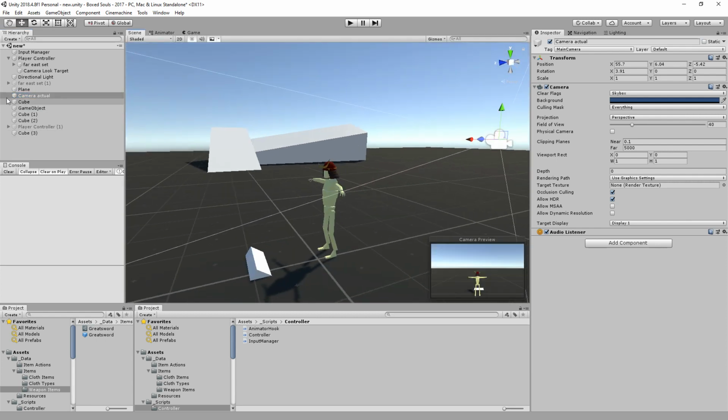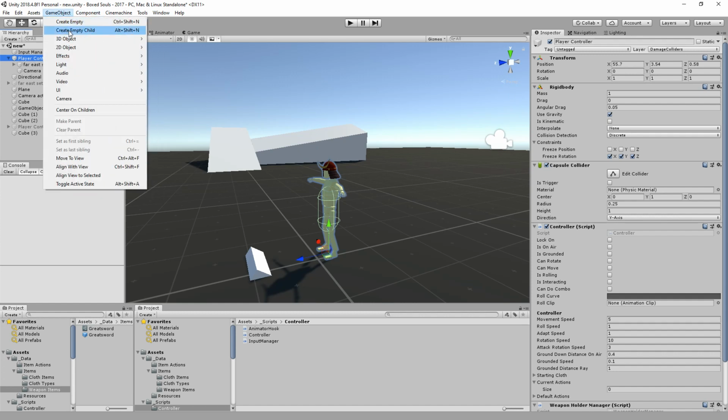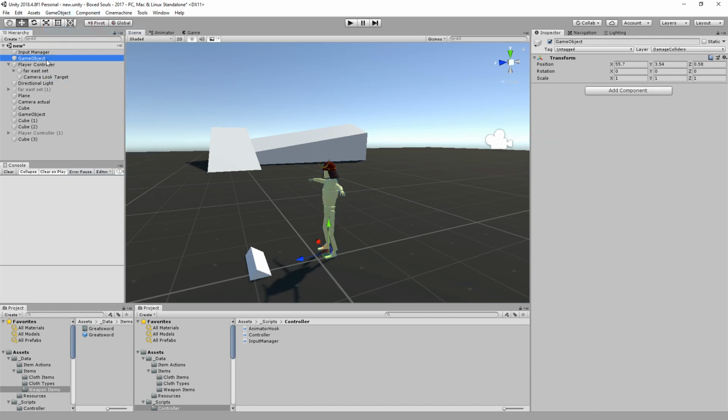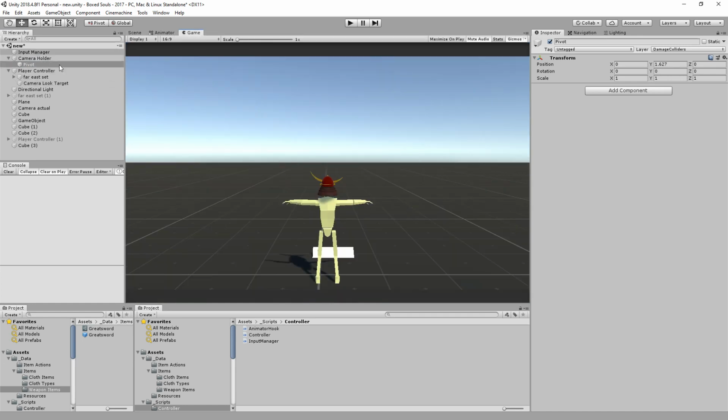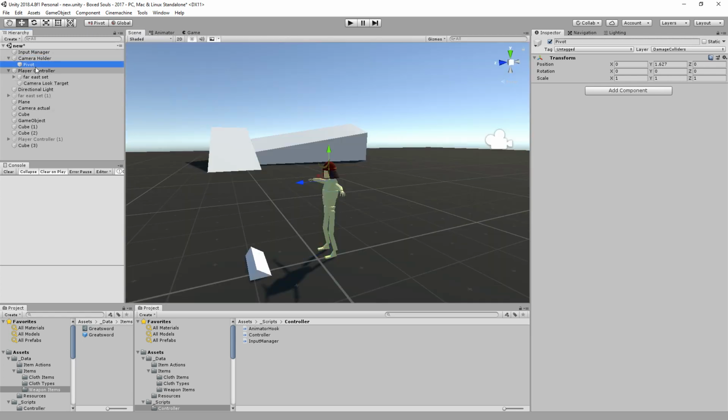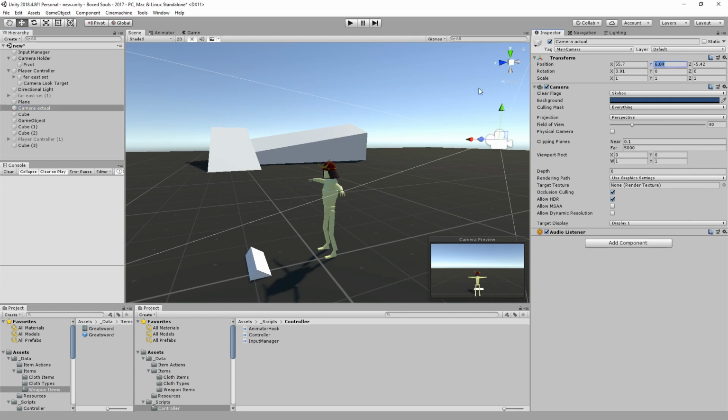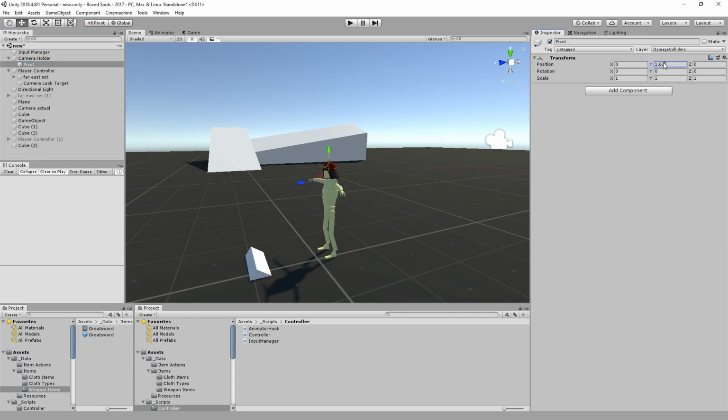So the way we are always doing it is finding an empty object, which is going to be your camera holder. Inside that we have the pivot, which is going to be rotating around. Actually, I think this is a nice position, or well, the Y of the camera is actually pretty good, so I'm just going to set the pivot to be at that